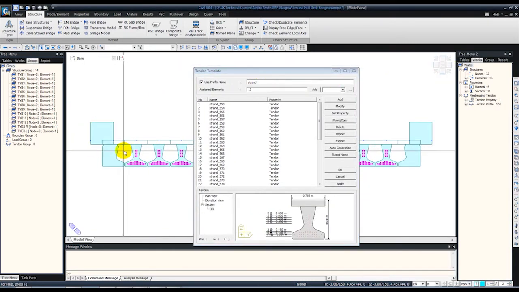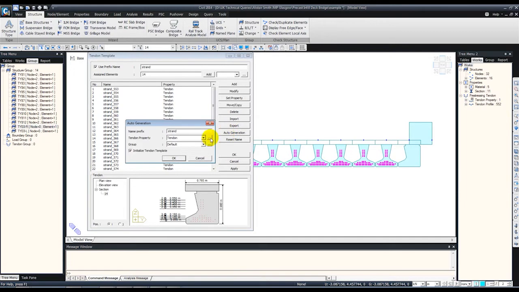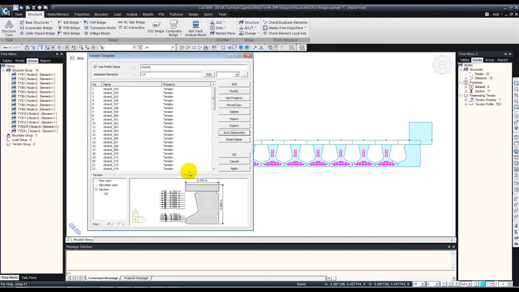Now we will do the same thing for our TY edge beams. So what we do is just double click on the TY E or the edge beam group, say TY-E8R, and you see the previous tendon location is shown here. You can replace it by clicking on auto generate and click OK. That's the new